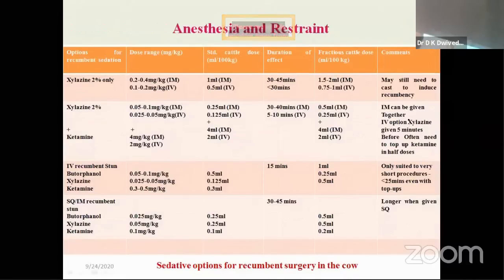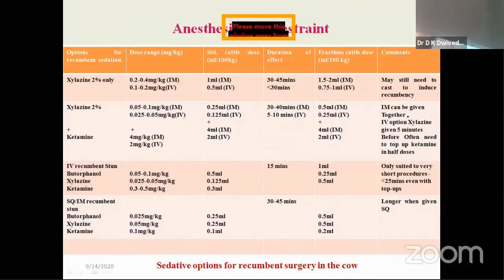Now again come to the recumbent surgery. Suppose you have opted for the recumbent C-section. You are following the recumbent surgical approach. In that condition, again, a little bit of variation is there, anesthetic variation is there. If you are using only xylazine, then 1 ml you have to inject through the intramuscular route for 100 kg